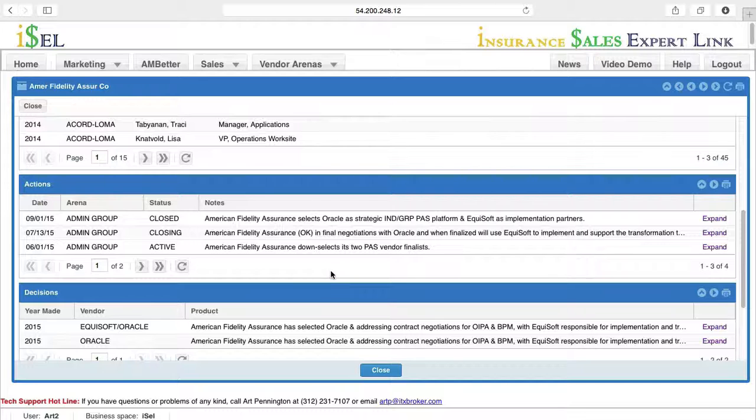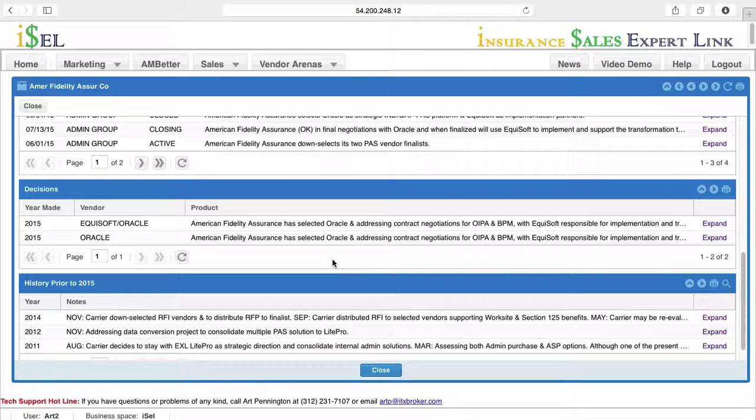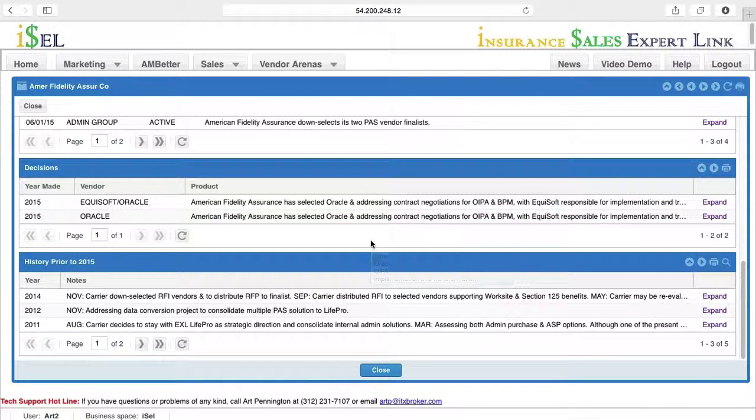These are searches for software or services that have been initiated or in some status of progress. The next panel down is decisions that have been made, searches that have been active and come to a conclusion. And the last panel then is a history of information that ITX has on file, maintained on file for this